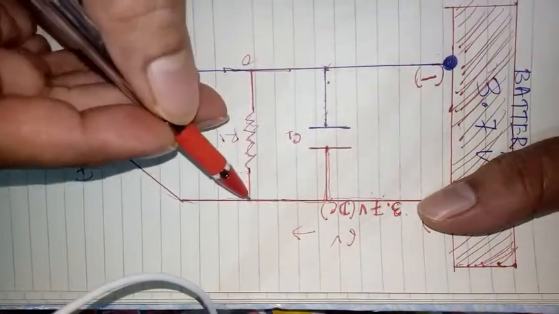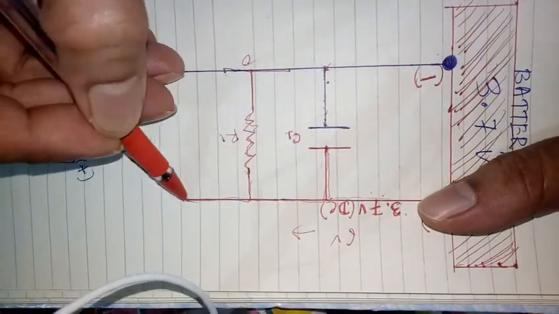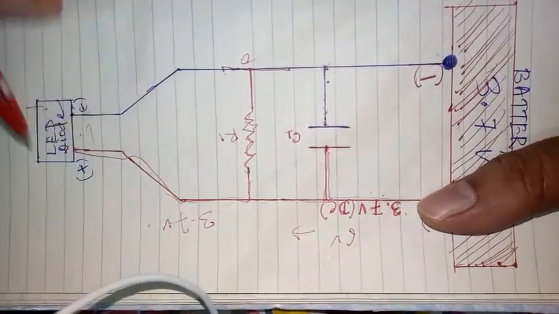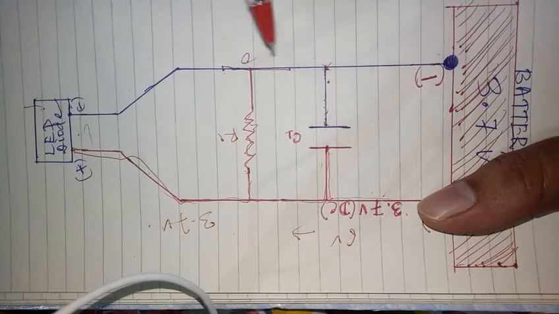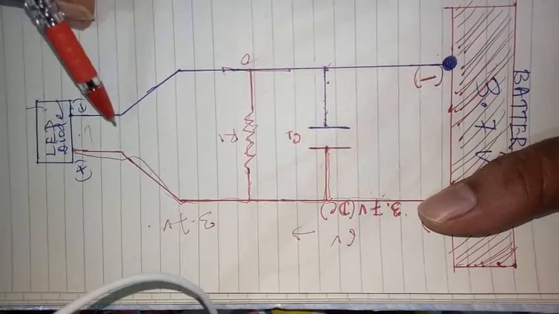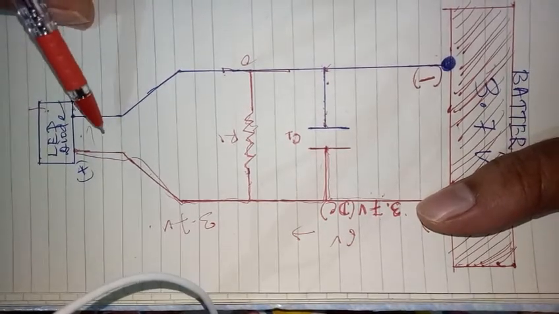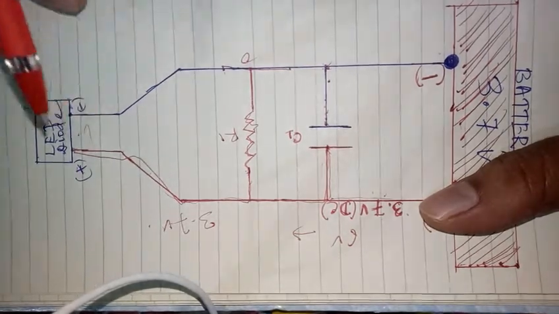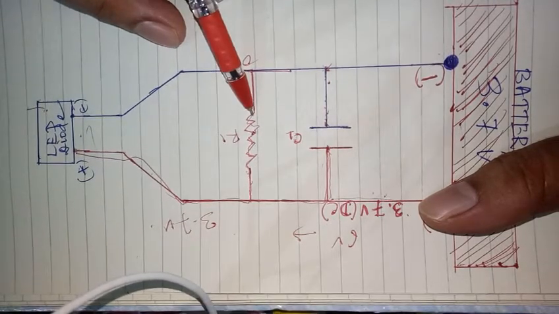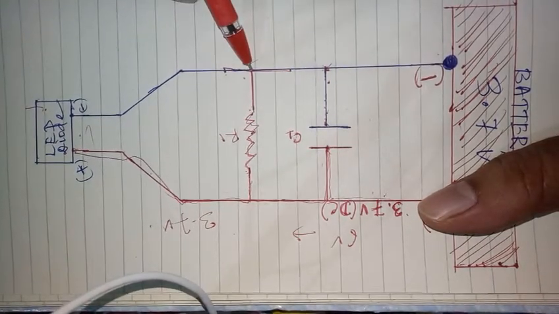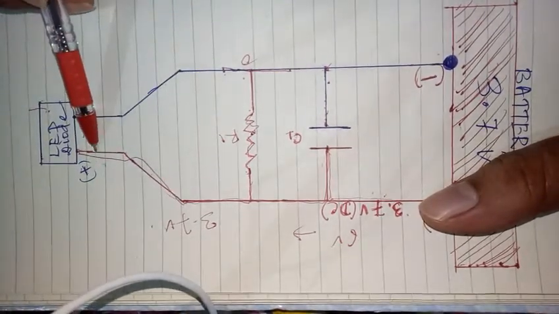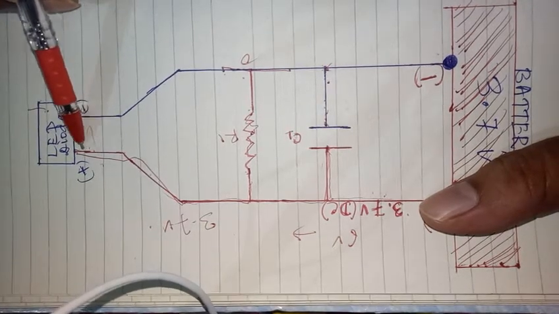And the 3.7 will again pass to the load. So it works like a controller. If we require 3.7 volt here, the resistor will supply only the 3.7 volt, and the other excess voltage the resistor will ground, so that the constant 3.7 voltage will be supplied to the required load.